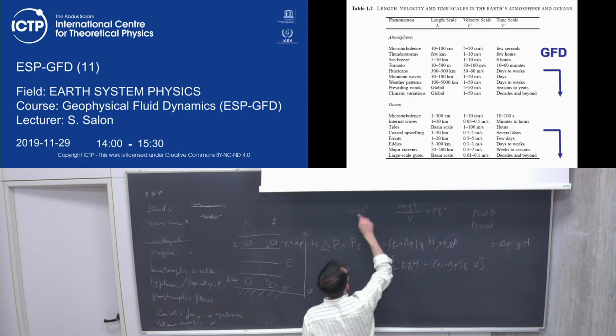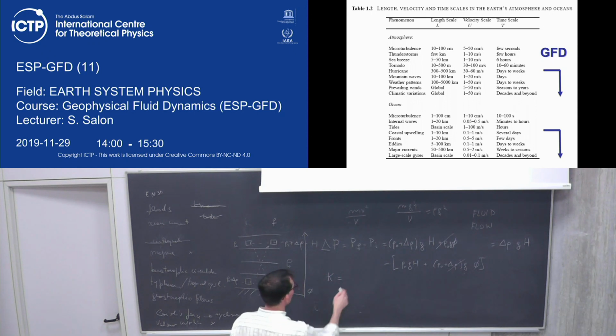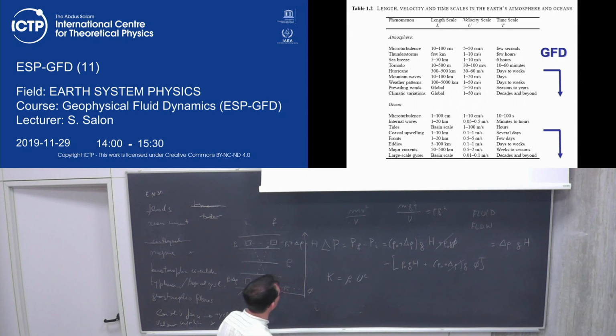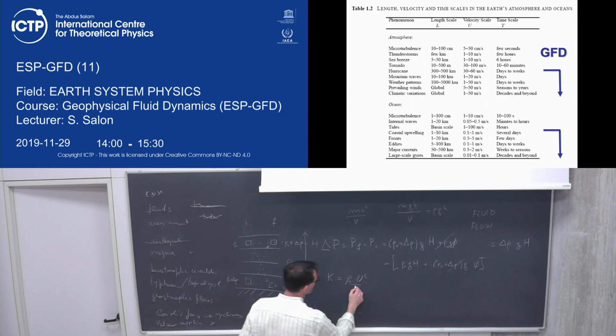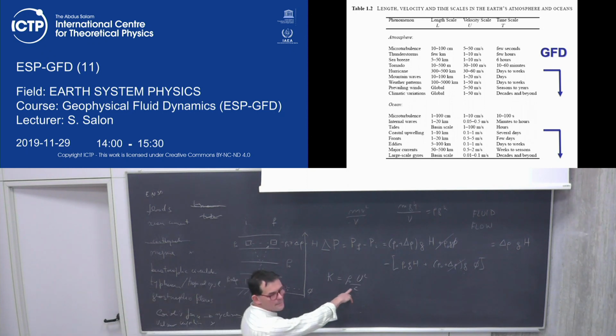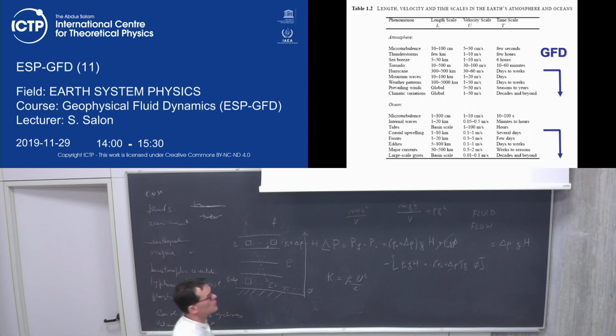Okay, so mv squared, we divide by v, so we will have rho 0, u squared, use u, otherwise we will make a problem. We can put also over 2, okay, because we are very specific now. Of course, this is just a number. It's not important for now, but we can keep it.